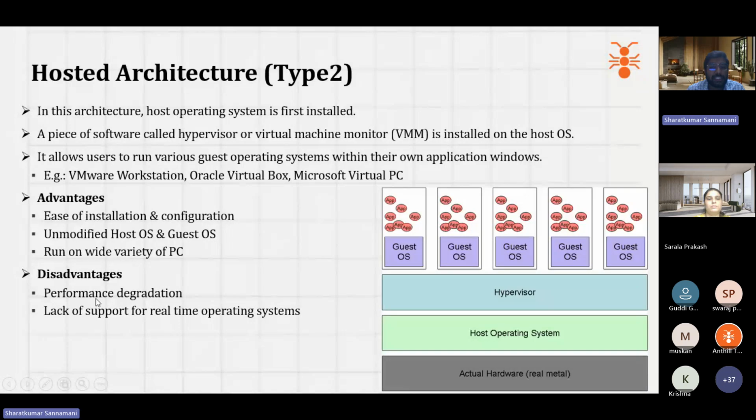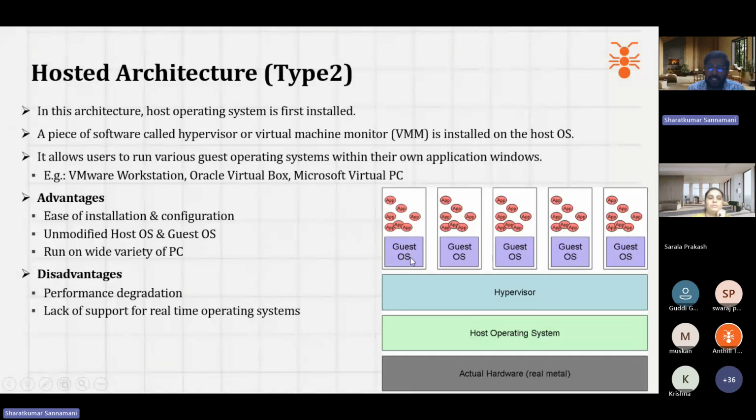Yes, there could be a performance degradation. How could the performance degradation happen? For example, you have created one virtual machine today with a Windows operating system, but the company is running the Linux operating system, and whenever you run any command, it should go the path like this: guest OS to hypervisor, hypervisor to operating system, operating system to hardware. Whenever you are using the CPU or RAM, it should refer to the actual hardware. So there is a lag, or there could be a latency.